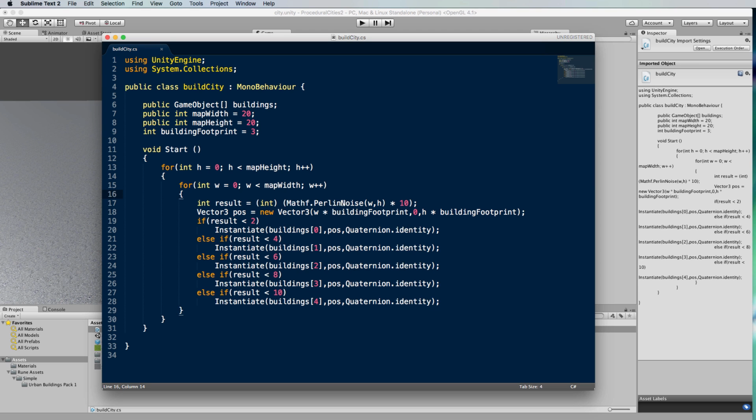Now, Perlin noise will return a value between 0 and 1. And I'm actually multiplying it by 10 and making it an integer so that we get values between 0 and 10, which is fine. It just makes it look a little easier, and it's nicer to work with integers than to work with floats. Okay, so once we've created this Perlin noise value, we're going to use it to determine which